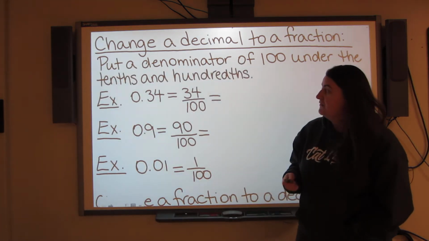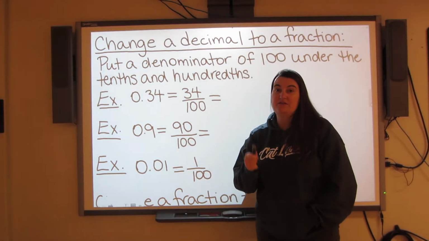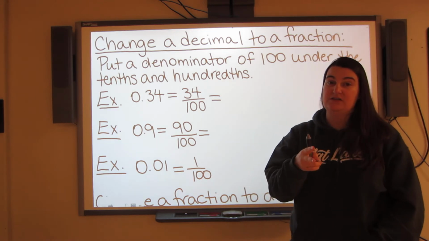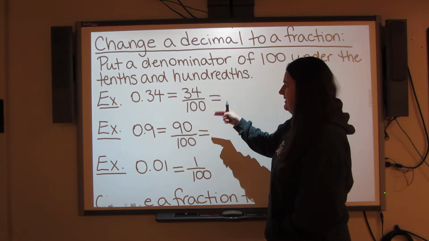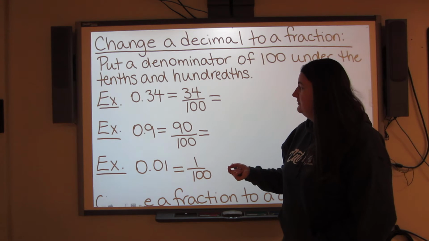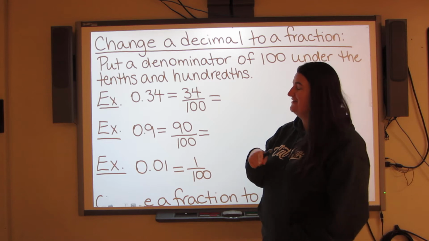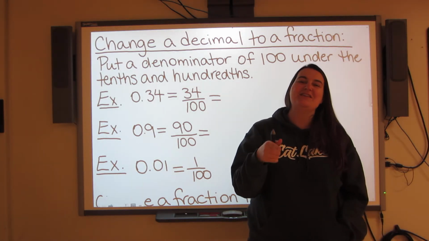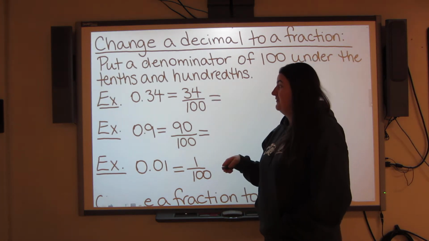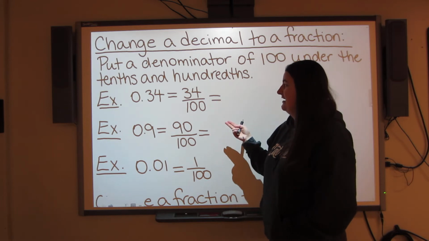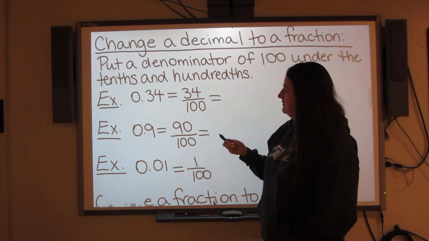So 34 over 100, you know that you can make it smaller because they're both even. So I can definitely make it smaller at least by dividing by 2. Think about your 100 math facts. What can you divide into 100? 1, 2, 4, 5, 8, 10, 12, 20, 25, 50, and 100. So what are those that I can divide into 34 that are also the same as I can divide into 100? So for 34, I've got 1, 2,